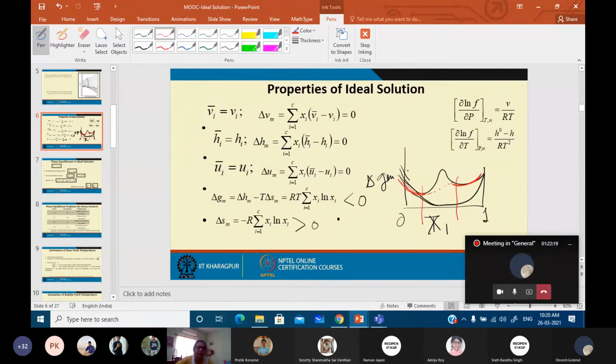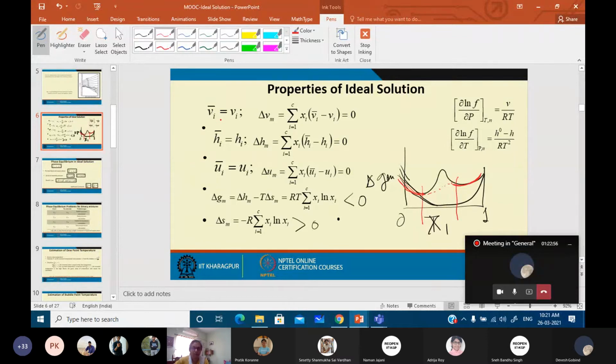Right. So how do you know that any particular mixture which is given to you is going to behave as an ideal solution? You will know it when you mix them and find that the volume of mixing is 0. You mix them and measure the temperature before and after, and you find that there's no change in temperature, which implies that they're mixing with no enthalpy change of mixing. Under those conditions, you can find out that the solution behaves as an ideal solution.